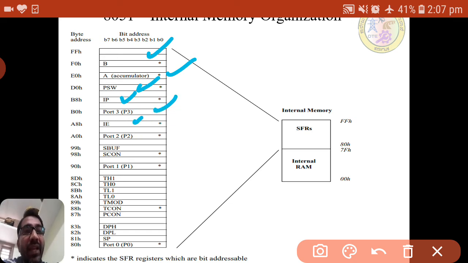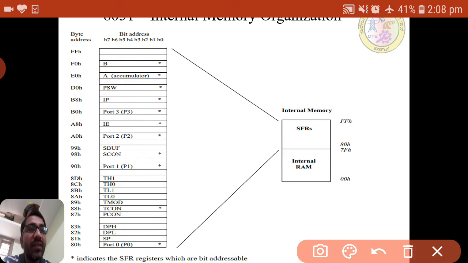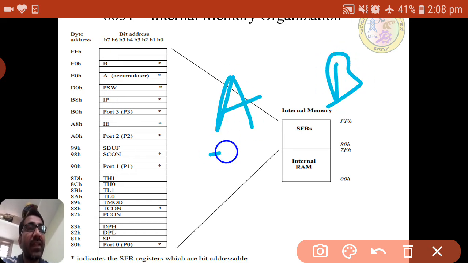Then the interrupt enable register, port 2 register, serial buffer, serial control, port 1, and these are all the timer related registers. And this is data pointer high and data pointer low, meaning the 16-bit data pointer is split into 8-bit DPH and DPL, then stack pointer, and port 0. So all these registers are there in the architecture; we have seen A and B.